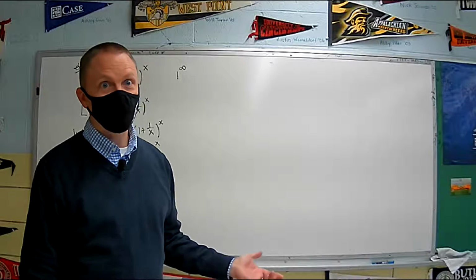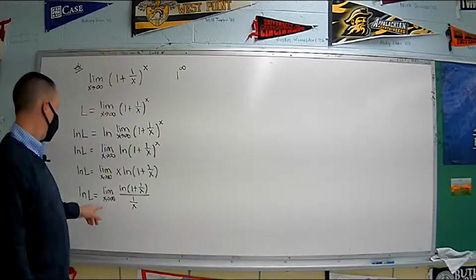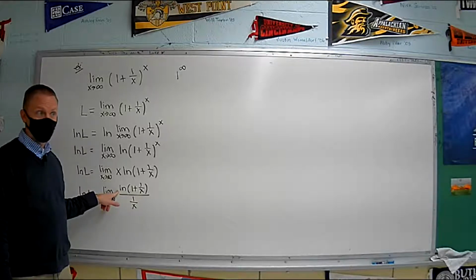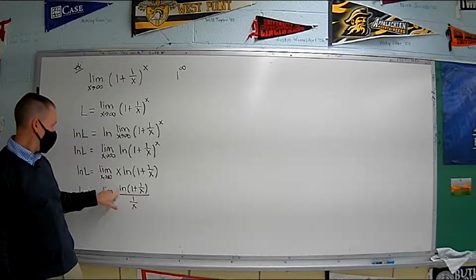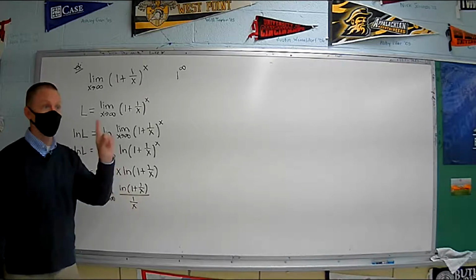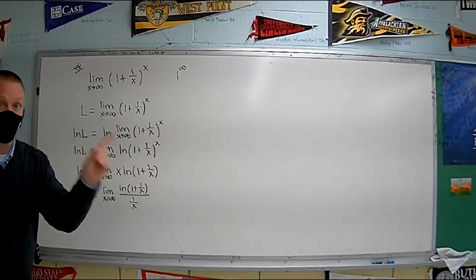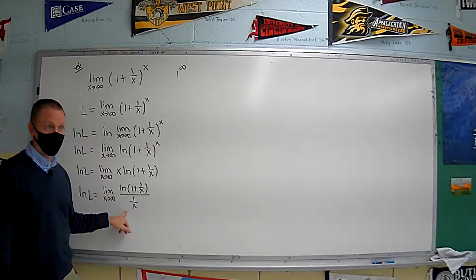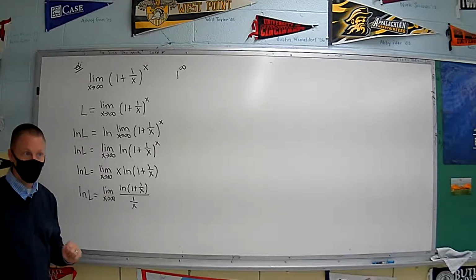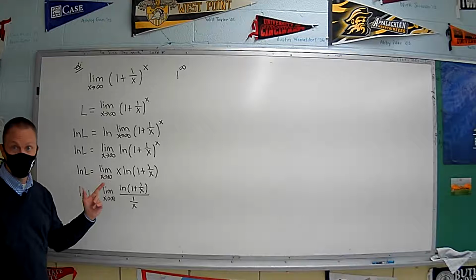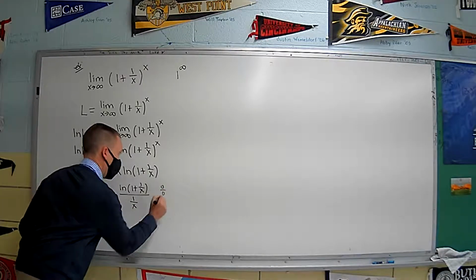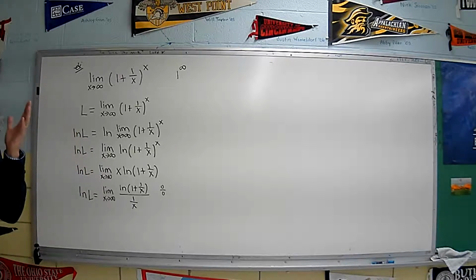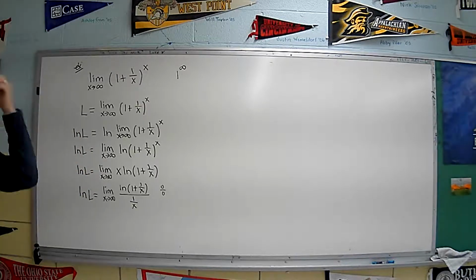0. Right? So the numerator is approaching, well, careful, the natural log of 1, which is 0. What's the denominator approaching? 0, because 1 over infinity is approaching 0. So this is 0 over 0. Yeah? So we have indeterminate form, and we have a fraction. So now we can use L'Hopital's rule.